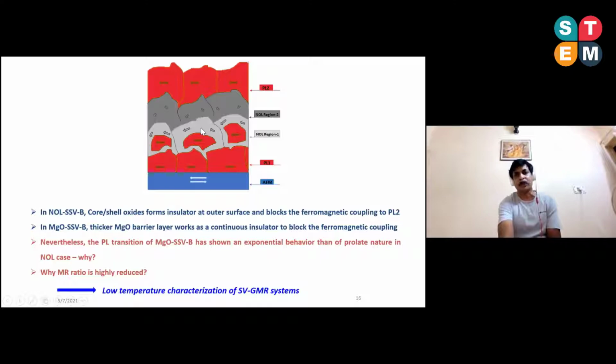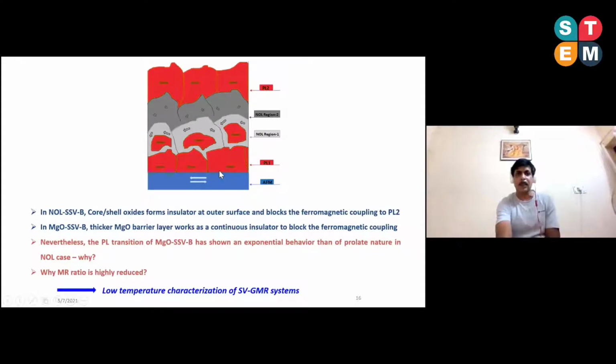But as you go deeper inside, there is a kind of porous structure that forms, whose center shows ferromagnetic structures, while the outside stays an antiferromagnetic insulator. Then we get the FM layer, that is the cobalt iron layer, and this is our AFM layer. We have divided it into PL1 and PL2, and PL1 is divided into two parts: region 1, which has a core-shell structure, and region 2, which is also core-shell.